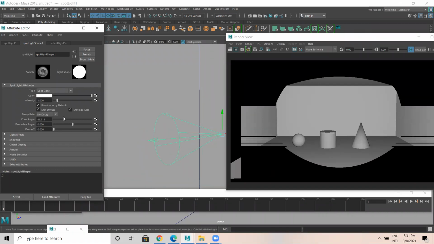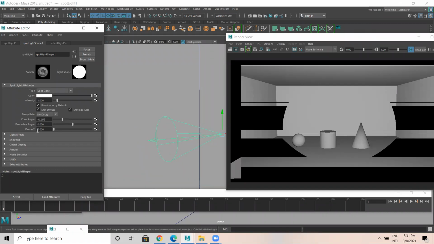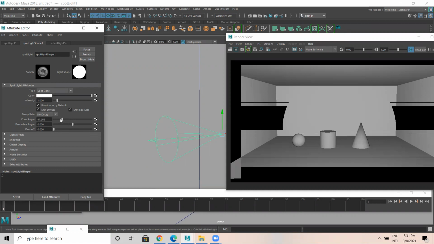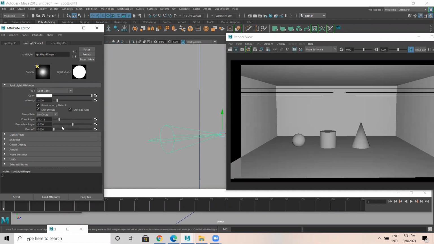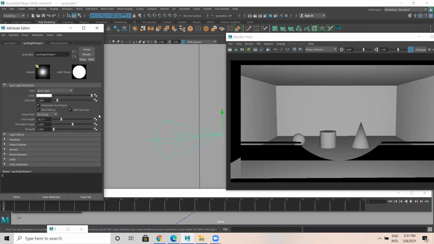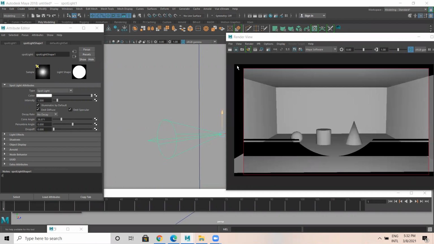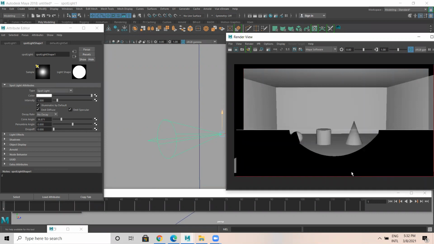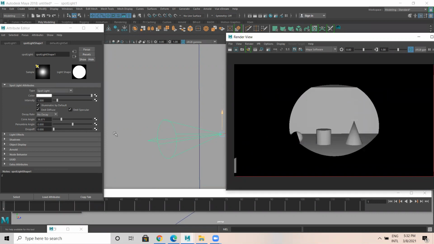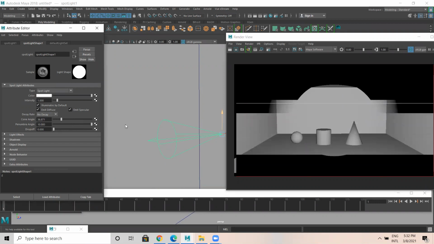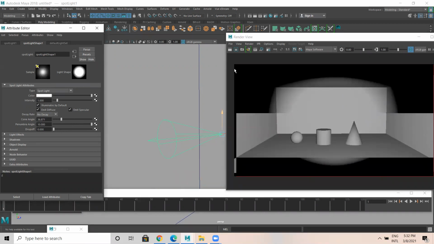There's another thing called penumbra. The cone angle looks like this. Penumbra is nothing but the edges. It's like a feather. The feather edges are a bit more like this.